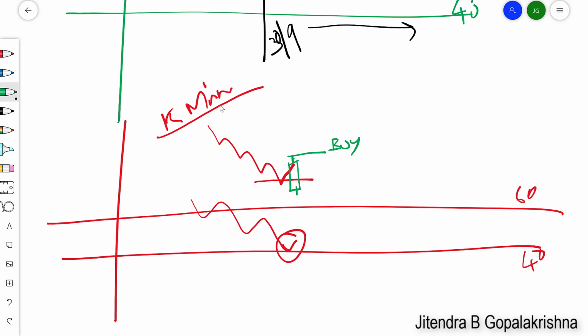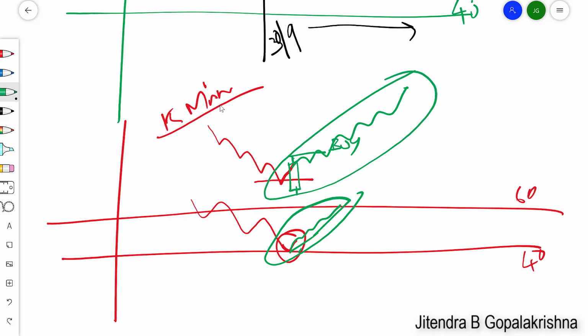This is the setup. So why are we doing this? Because 1 day is above 60 and 1 hour is above 60, which means higher time frame always rules. That's one of the rules in the stock market. Higher time frames always rule. So if the higher time frames are stronger, when the lower time frame comes below to 40, it will pull it back up, and when it pulls back up, along with that you can ride your trade, and then the trade may go up like this, and this much is what can be your profit. From here the market goes up, and then you get this profit straight. So this is on the